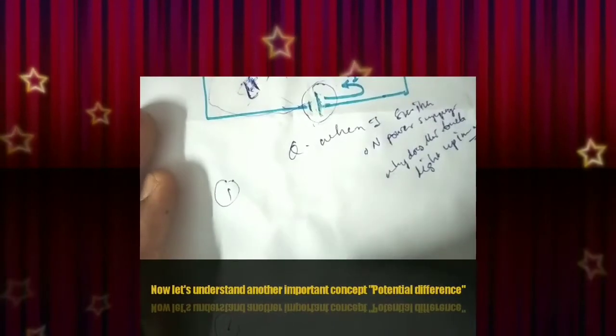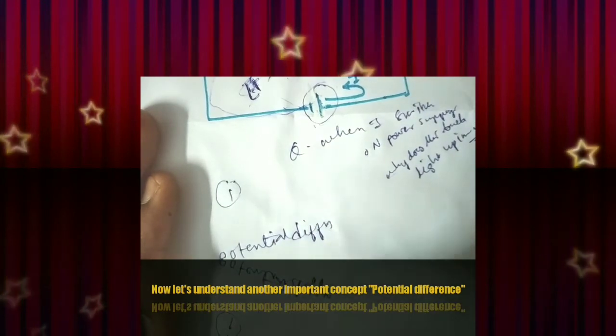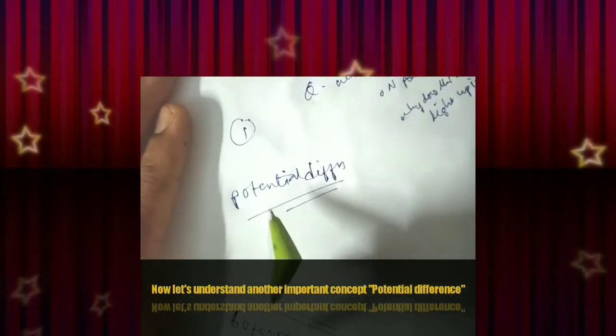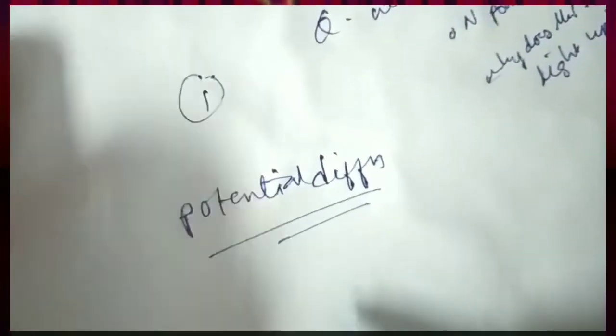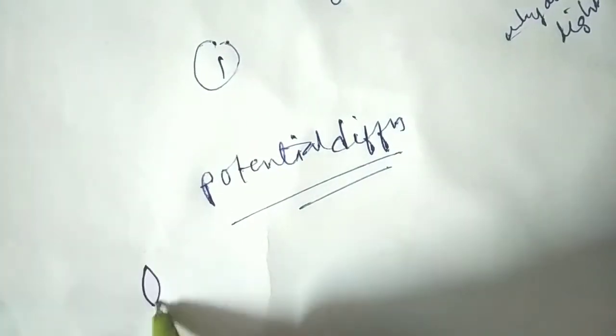Now, moving on to the next part here, what is potential difference? How does a battery maintain constant potential difference? Or what is the meaning of this potential difference here, students? Okay, so let me explain this part now. Listen here, students. So, potential difference, I can explain to you, students.